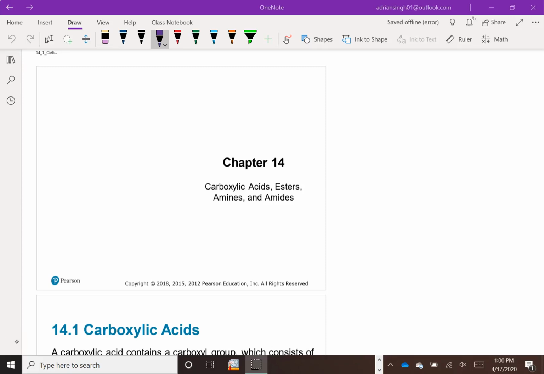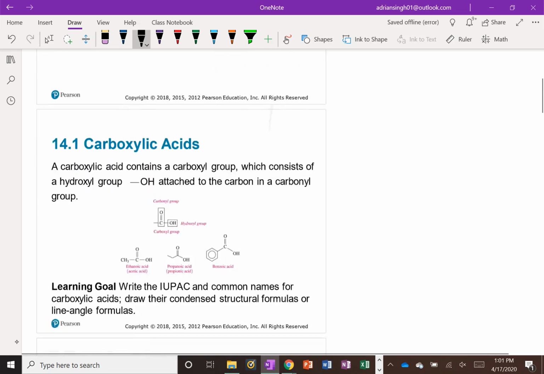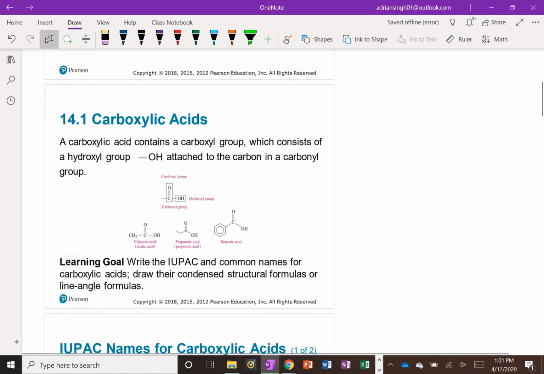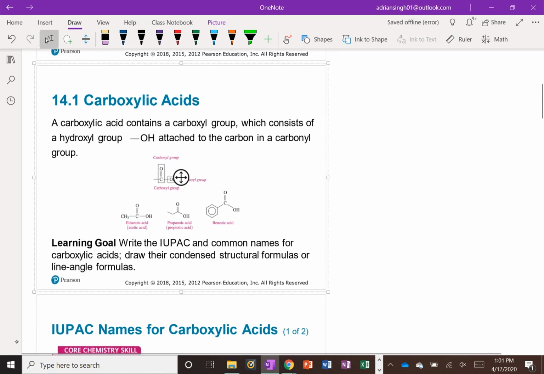Okay, so in chapter 14, we're going to be taking a look at the remaining functional groups that contain oxygen in them, and then we're also going to take a look at some functional groups that contain nitrogen in them. So the next one we're going to take a look at is something we've seen previously, which are the carboxylic